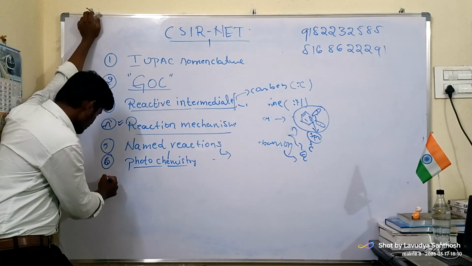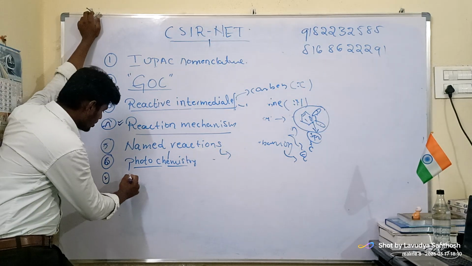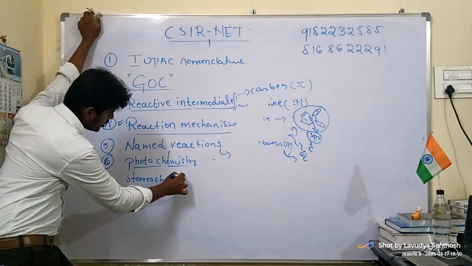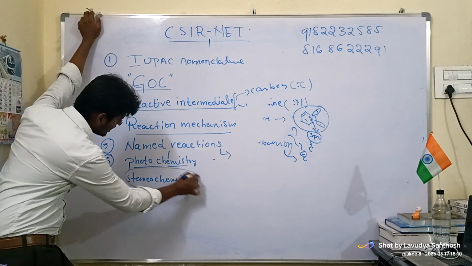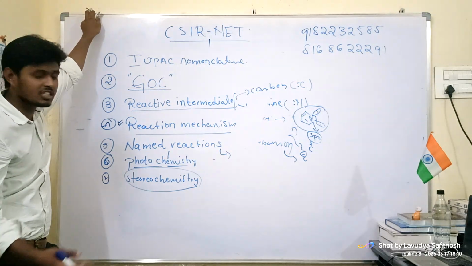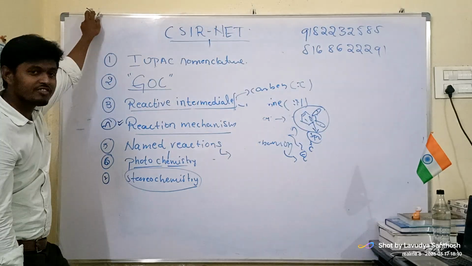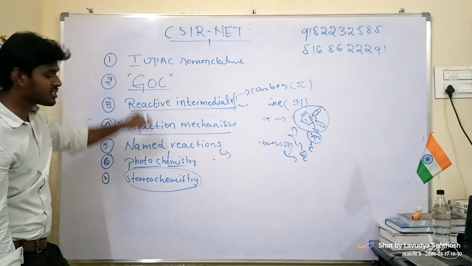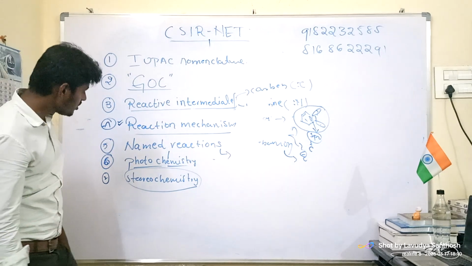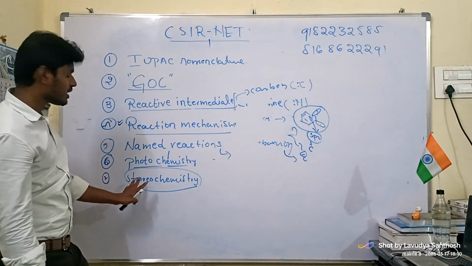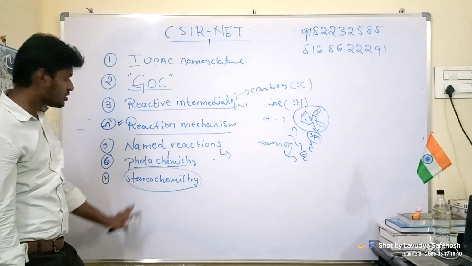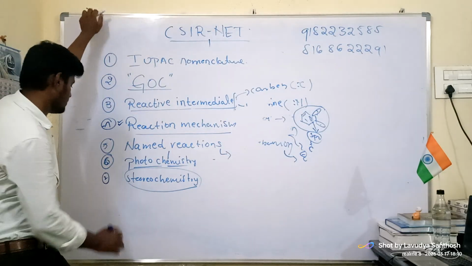Next, stereochemistry. For those who are specialized in organic chemistry, whenever they think of stereochemistry, they feel very familiar with it. But here in stereochemistry, we will be looking at enantiomers, diastereomers, E and Z configuration, R and S configuration. Those are the isomers we look at here in stereochemistry.